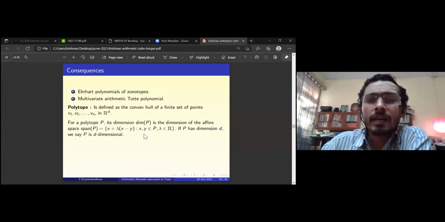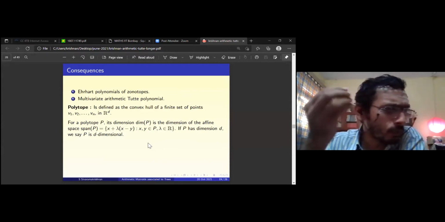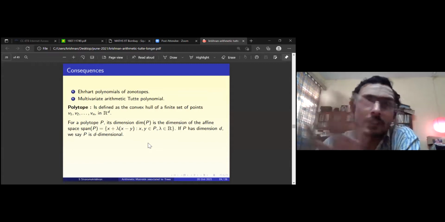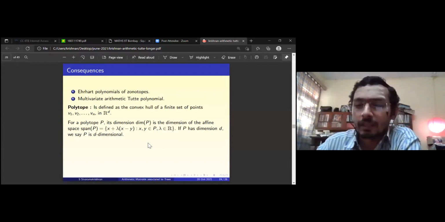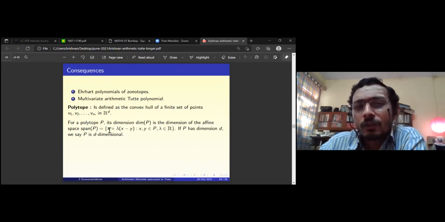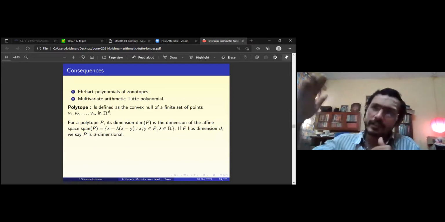So these are standard things. There is a good book by Barvinok, a course in convexity, and Ziegler has a good book, lectures on polytopes. These are good references. So for a polytope, we have this idea of dimension, which is the span of x plus lambda times (x minus y), where x and y are in the polytope. You just vary over this. This is an affine space, meaning it's a translate of a linear space.